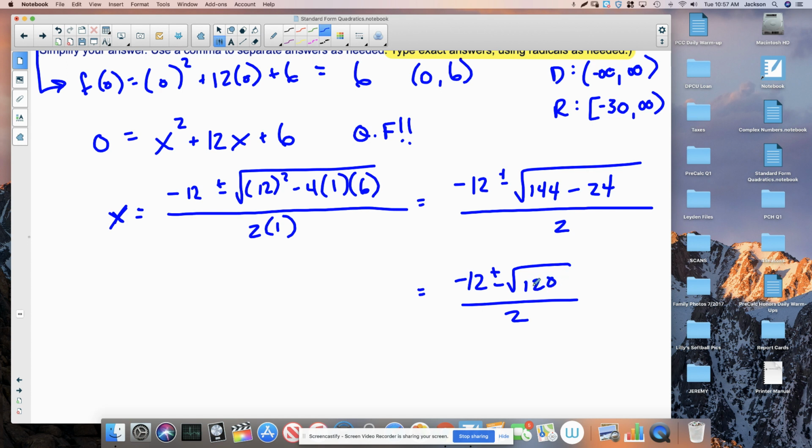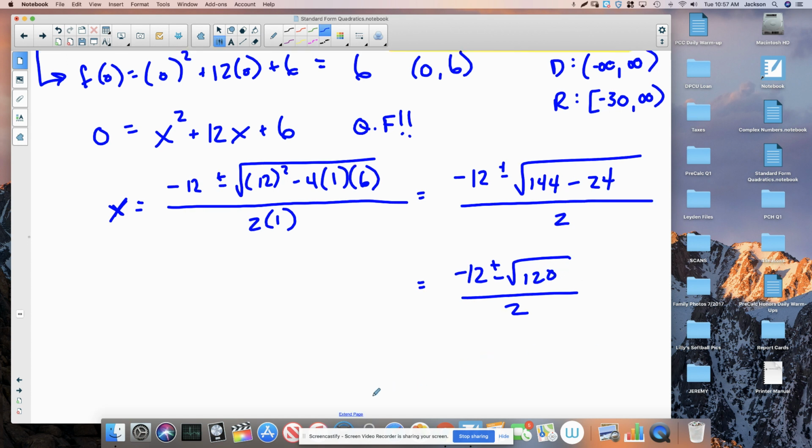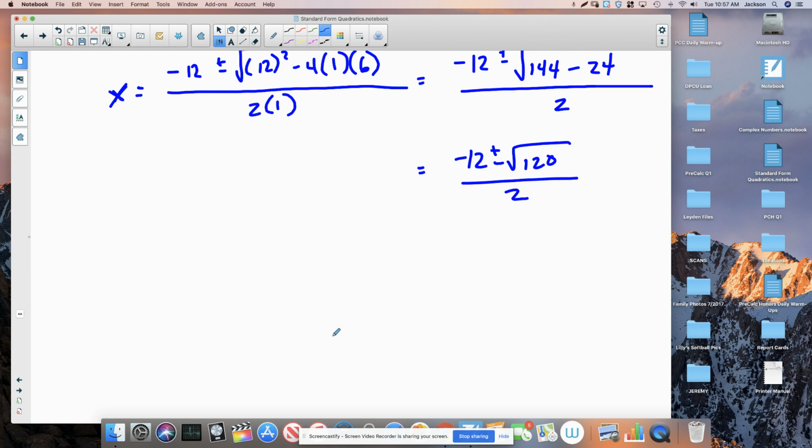We have under the radical, 120 is not a perfect square, but we do have a perfect square factor in here, so we always want to look for the largest perfect square factor of this number, and unfortunately, it's pretty small. It's just 4. So 120 is 4 times 30. So we end up with negative 12 plus or minus, we take the square root of this 4, which is 2. We pull that out of the radical, and then we're left with radical 30 here,